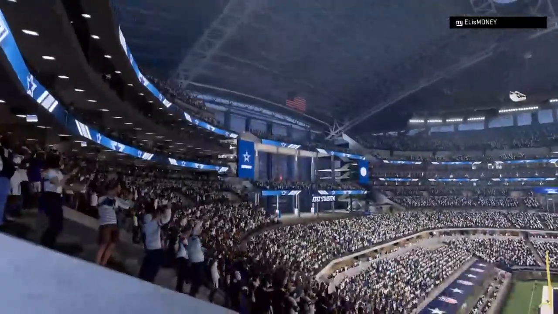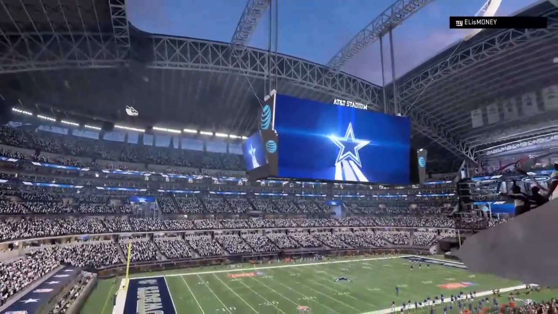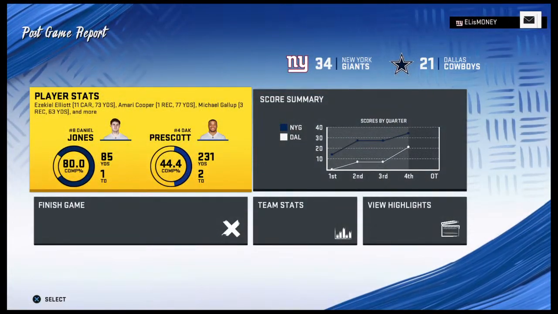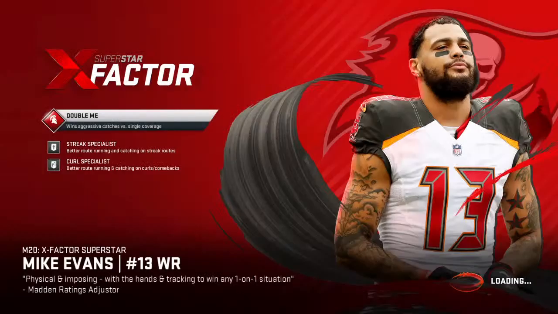So for the Giants, not much to complain about here. They come in and steal a victory in a tough place to play on a Sunday night. And they will head back home next week. Meanwhile, for the Cowboys, they obviously fall to 0-1 with the defeat. And they'll try to rebound next week on the road in...